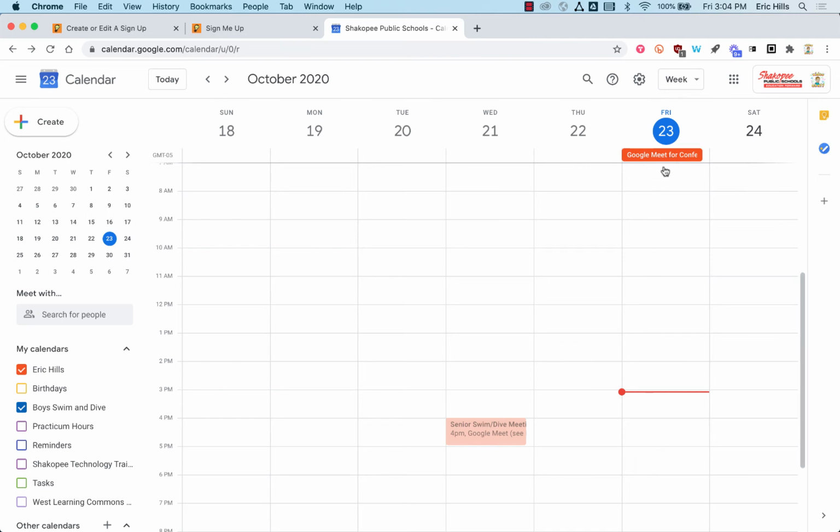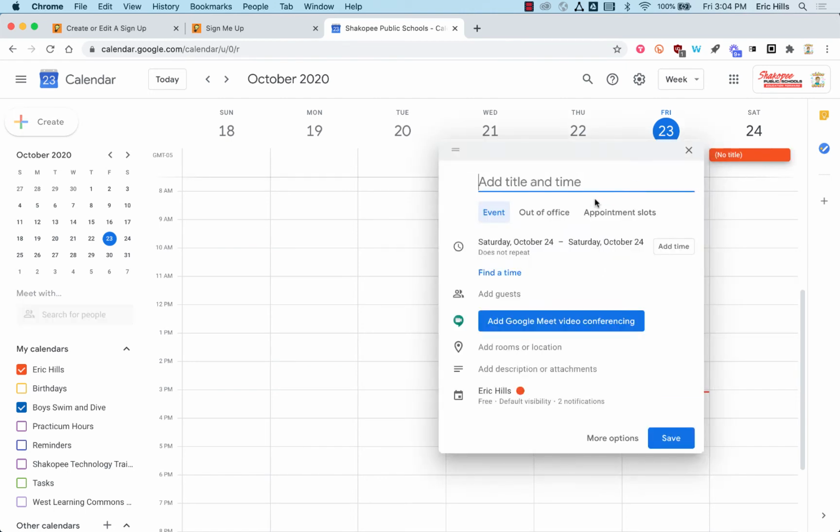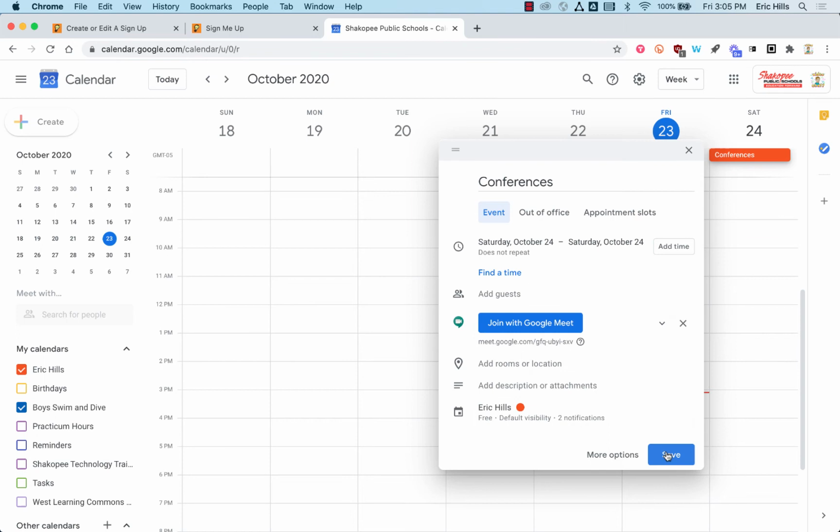So I just clicked on a random date here, and I'll do this again for tomorrow, and I'm going to type in conferences. I'm going to click on where it says add Google Meet video conferencing, and then save it. This link right here is the link that all of my parents are going to use to enter the Google Meet. And you might be wondering to yourself, what if some parents join the Google Meet before I'm done with